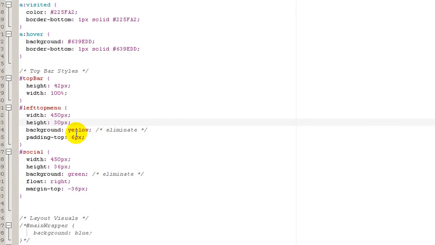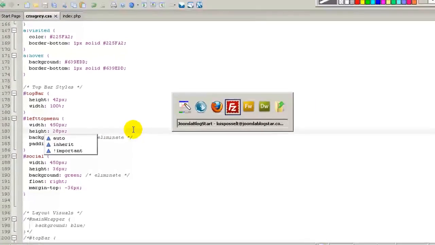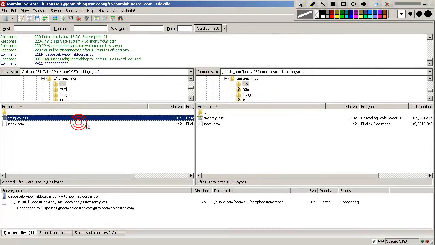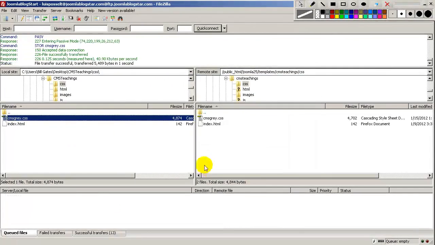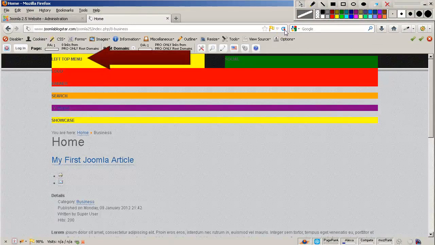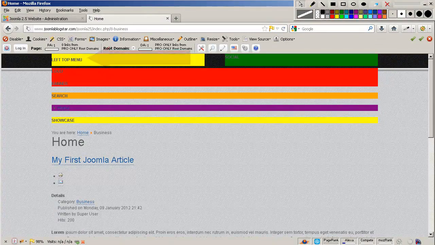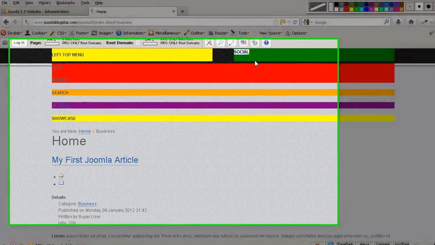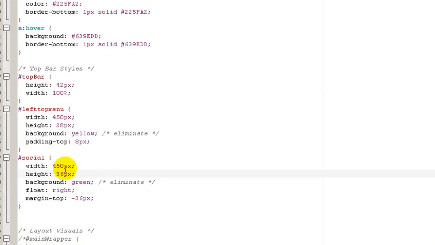Control S, and we are going to probably add 2 more pixels, 8, and then down here minus 2, which will be 28. Control S, going back, right click and upload. Click OK, and going back again, refresh. There you are. We are going to do the same inside the social module. So let's go back, and we are just going to change the settings 36 and 28,